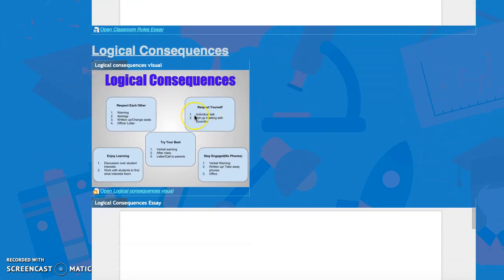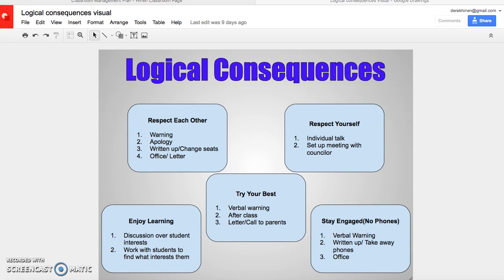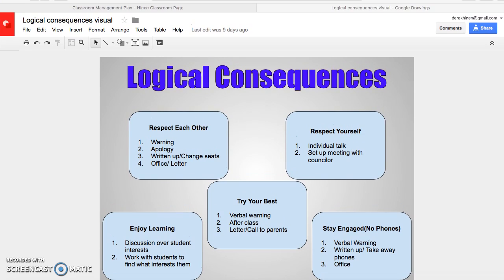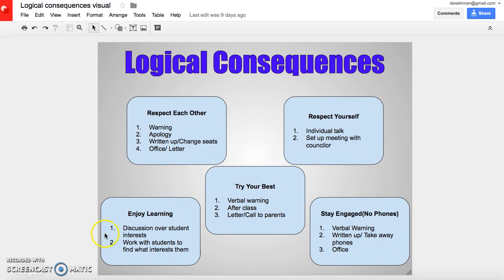And then the consequences are obviously important. With no consequences, there's no real need for rules. So here are the consequences we have in our classroom. If you fail to respect each other, you'll first get a verbal warning and be asked to apologize. If the actions continue, you'll be written up and moved away from the student you're not respecting.